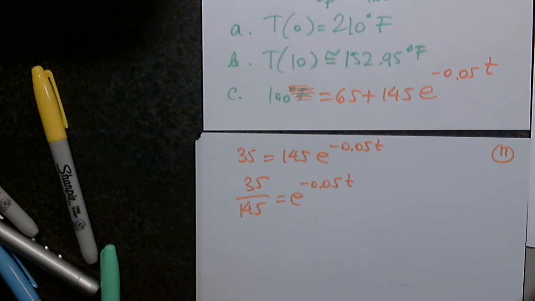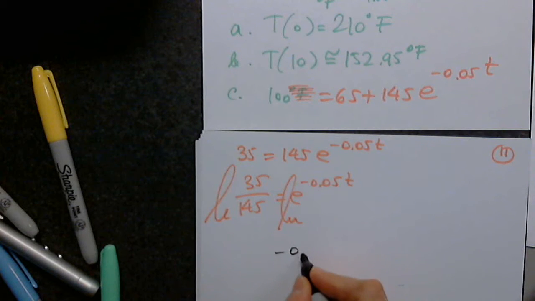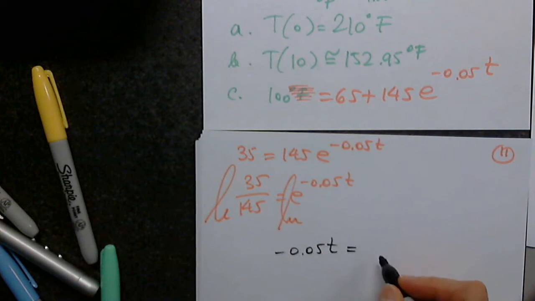Only now I'm ready to apply natural log to both sides. If two numbers are equal, their natural logs will be the same. Mandatory. So negative 0.05 t equals